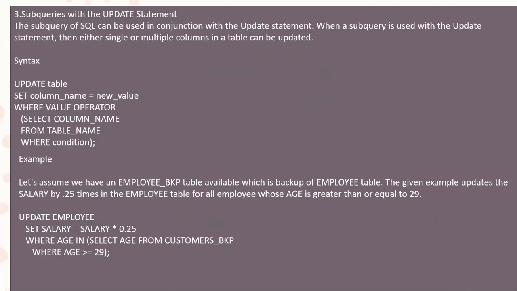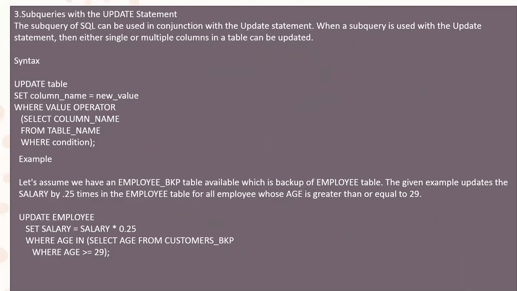Example: let's assume we have the employee backup table available, which is the backup of the employee table. The given example updates the salary by 0.25 times in the employee table for all those whose age is greater than or equal to 29.